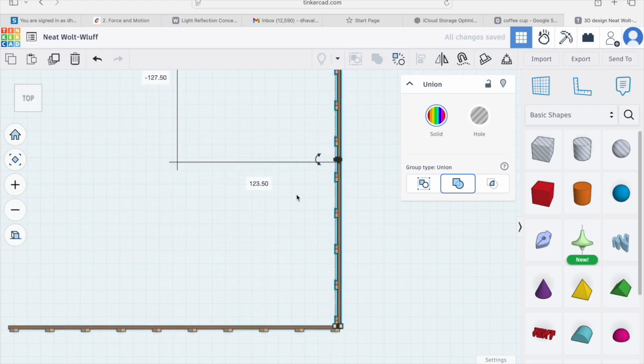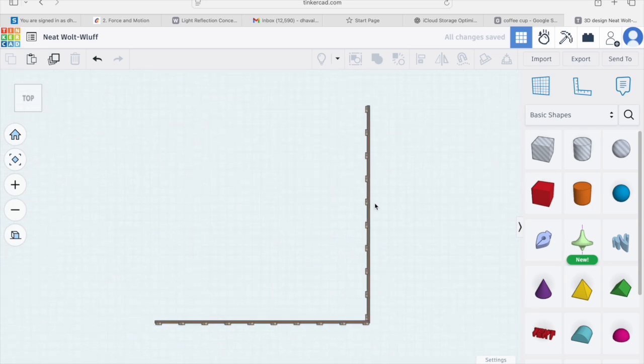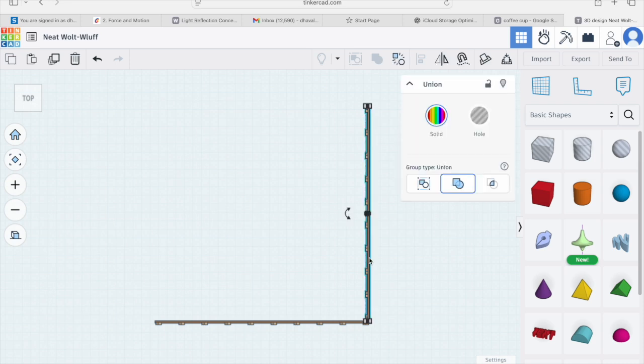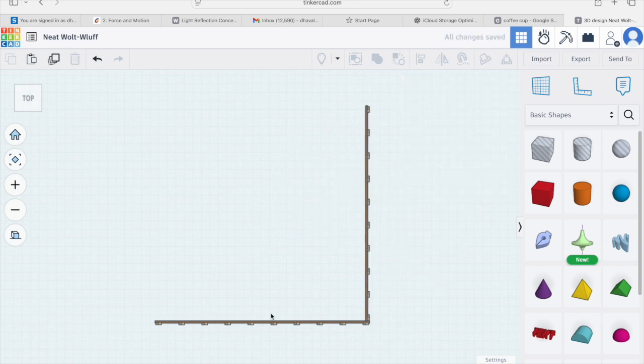Okay, here I'm noticing that the vertical posts are behind the horizontal post, so I may need to rotate this again. So let me rotate this by 180 degrees. I'll click on that, I'll rotate it by 180 degrees. Yeah, now